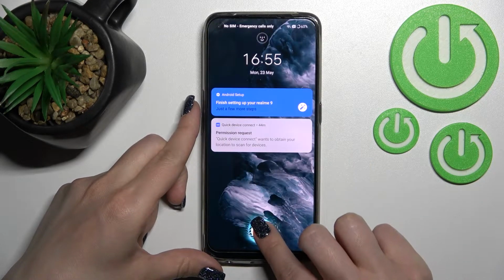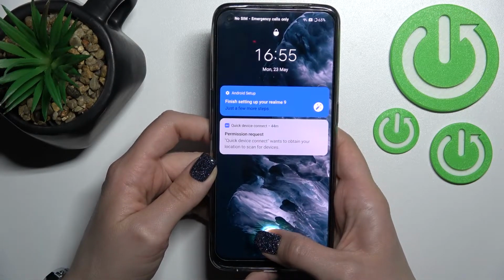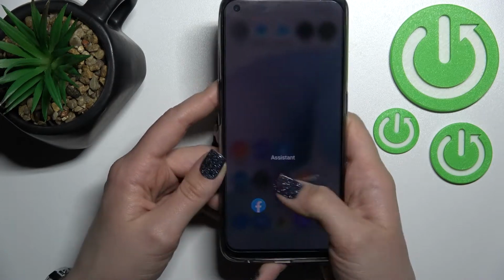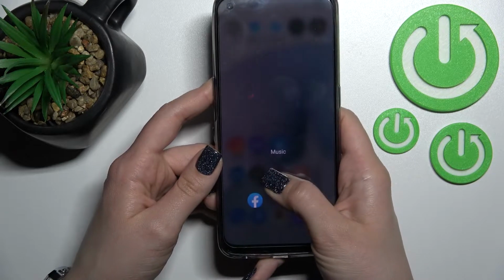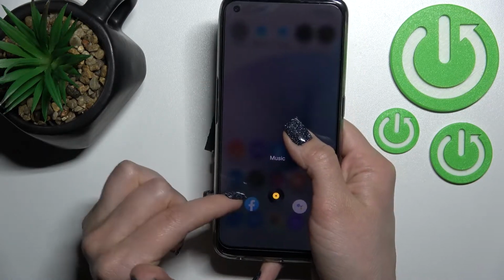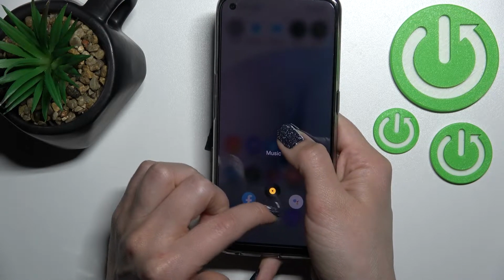So now, just press and hold our fingerprint with our finger and lift it to the left or to the right side, and we can activate Facebook, music or Google Assistant. If you want to change these features, remove some of these apps or add more applications or features,